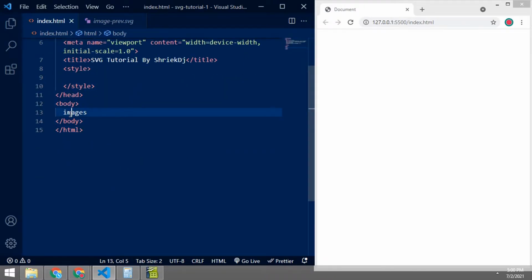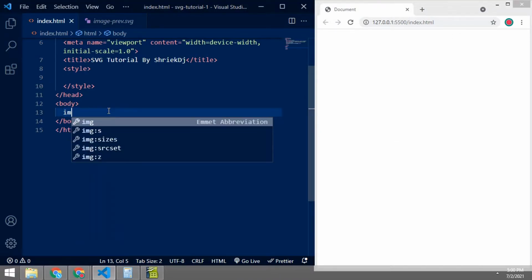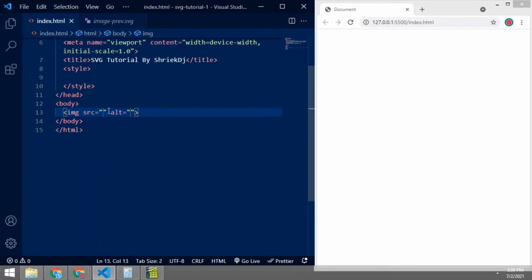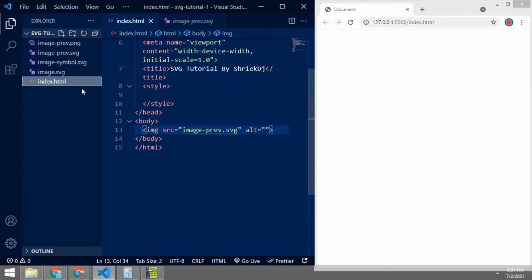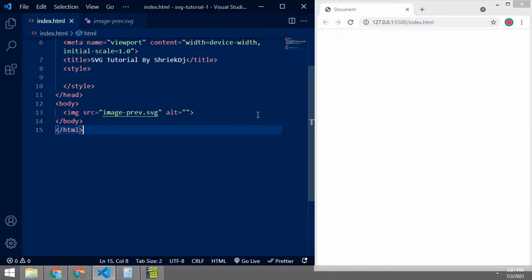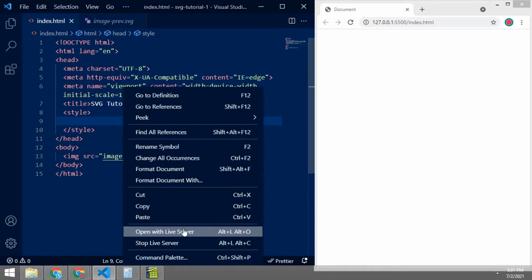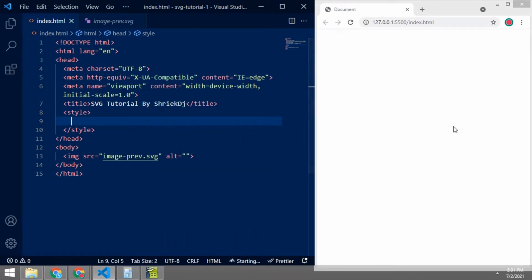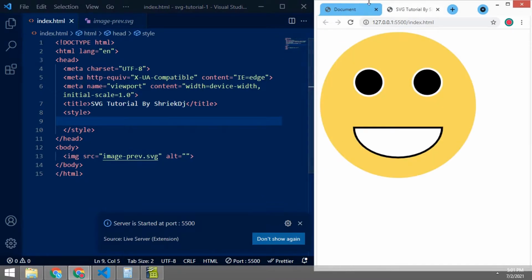But first we have to show how in our browser we can use an HTML template, the boilerplate, and create an img tag just normally, and add the file name of our SVG. Like here, images prev svg, I created already. I will talk about how I created it in the next video, but as of now just understand this.